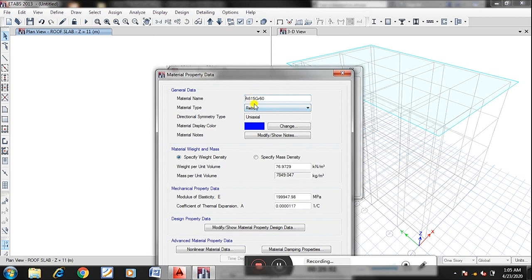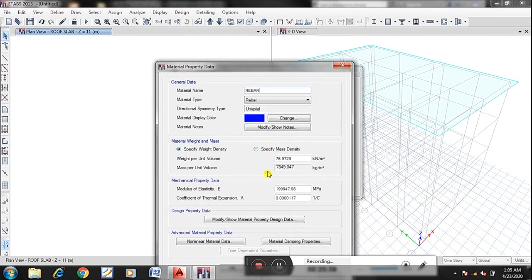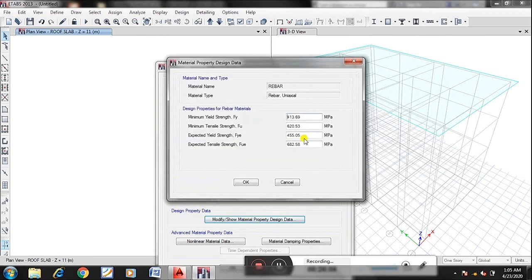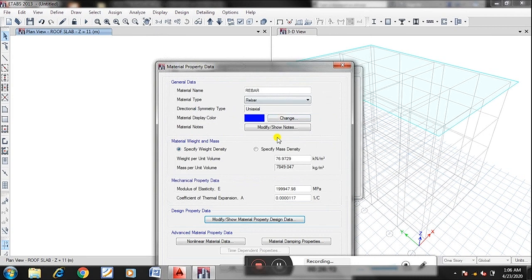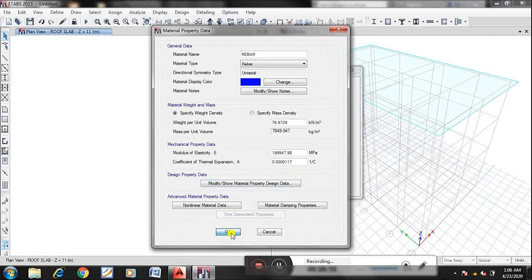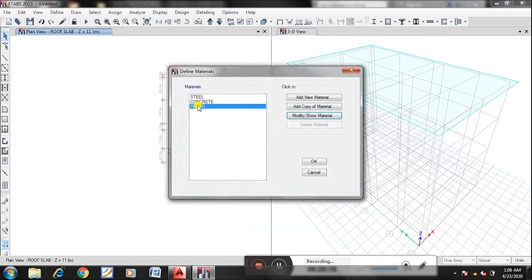Actually we require this one, rebar. Rebar means whatever reinforcement we are using. It has a modulus of elasticity, strength, everything is there. Here the ultimate strength is 620. Here they are taking Fe415 steel. You keep it as it is, no need to change. I have defined these three parameters. Steel is structural steel. If you are designing a steel structure, then you take this one. Or if it is an RC structure, you need to take concrete as well as rebar, right?